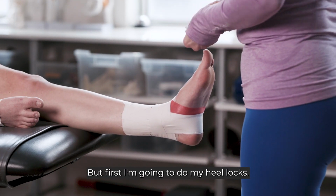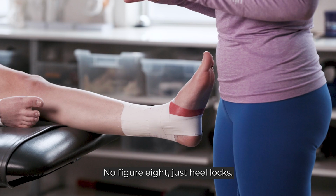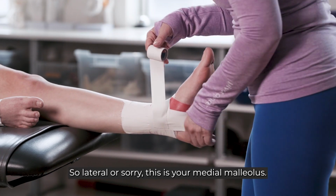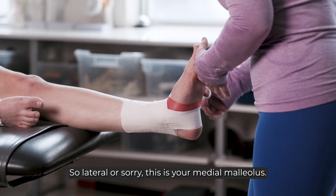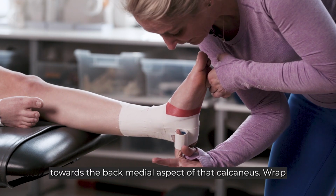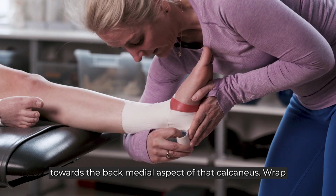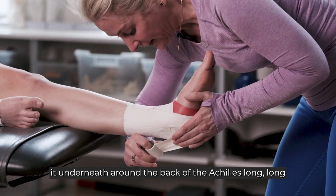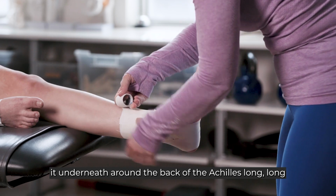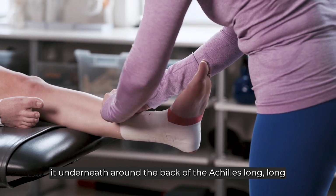But first, I'm going to do my heel locks. No figure eight, just heel locks. So this is your medial malleolus. We're going to come underneath the foot towards the back medial aspect of that calcaneus. Wrap it underneath around the back of the Achilles. Long, long tail,